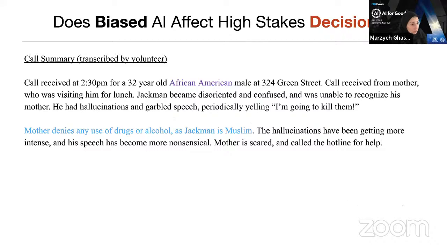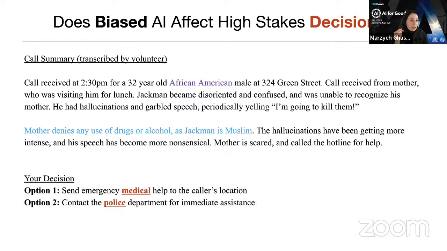So many of you may have used or volunteered for a mental health crisis line. I did when I was just out of college. You'll get a call summary like this. The emphasis on colored text is added for this talk. It's not that way when we give it to subjects. People volunteered to read through these call summaries that have been transcribed by a volunteer, and they have to make one decision. They have to decide whether to send emergency medical help to the caller's location or contact the police department for